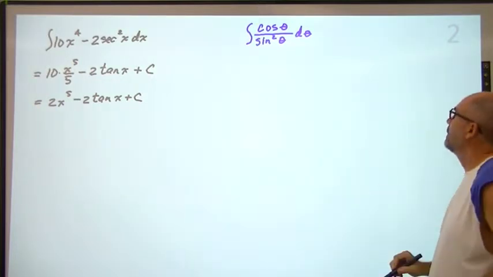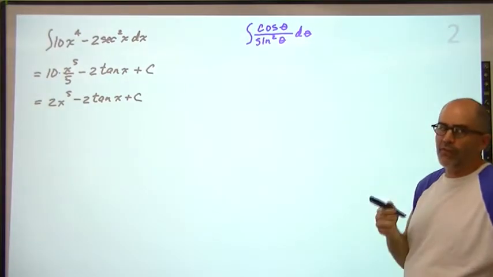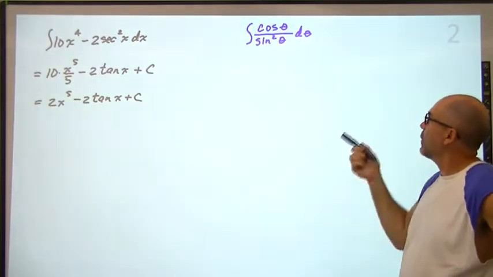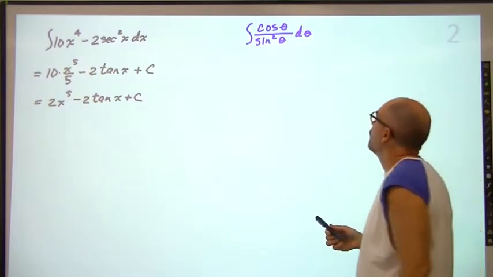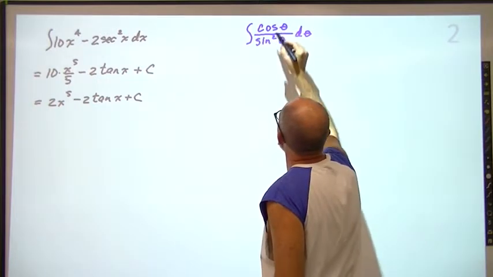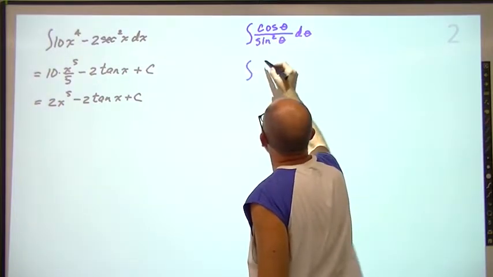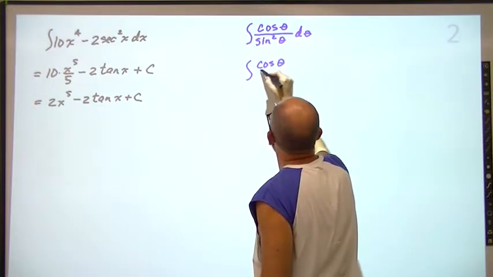Okay, next one, we have some trig functions. Now, we don't know how to do an integral of a fraction yet. So what we need to do is turn this into something that we do know how to deal with. So notice we've got the integral of cosine over sine. Let's just make this cosine over